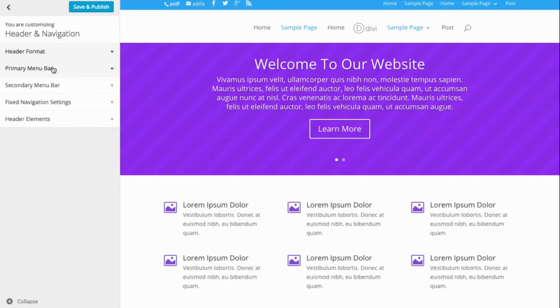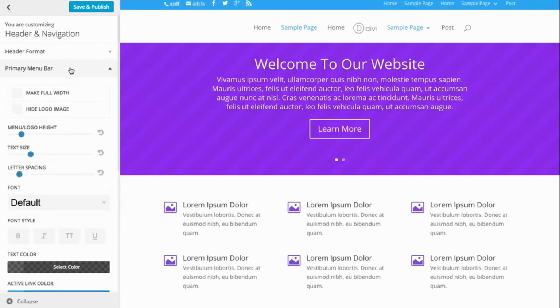Moving on to the primary menu bar. Like I mentioned earlier, the primary menu is this white bar here, the larger of your two menus with the logo in it. And there's a bunch of stuff you can do here, such as hide the logo image. Maybe you just want to have that fade in later on when you scroll down. You can hide it from the primary nav menu. You can make your menu full width. In this case,